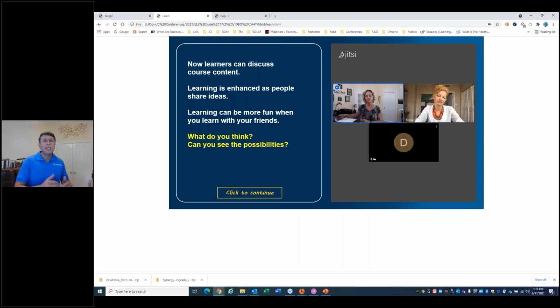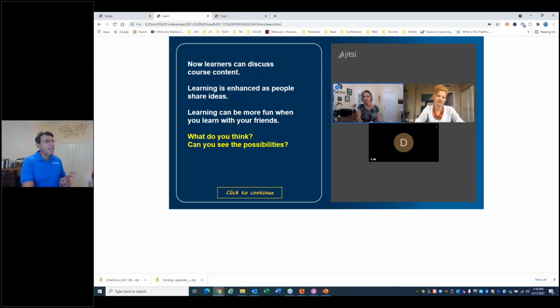There's something called inheritance, where, if you're an experienced Lectora user and Storyline user, you probably know what I'm talking about. Either on the Storyline master slide or on the Lectora, if you put it at the title level or at the chapter level, you could embed something and have it appear on all the pages that follow underneath it. I love that fact. It's like put it in once and view it multiple times on multiple pages. Unfortunately, every time I go to the next page or to the next slide, this video chat is going to launch again. So what I had to do is I had to do a little trickery.